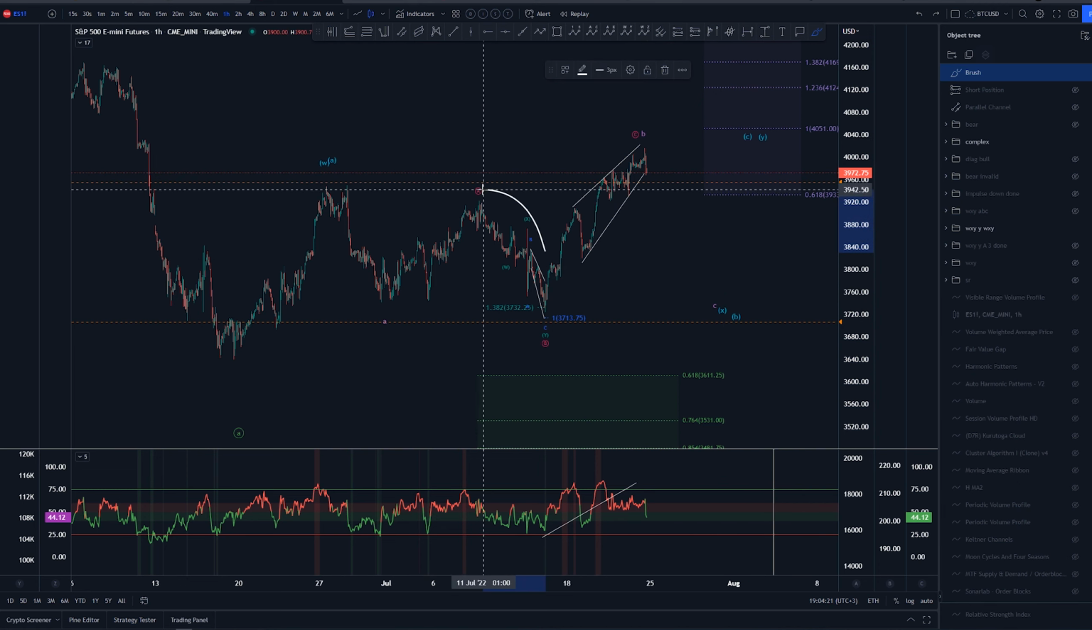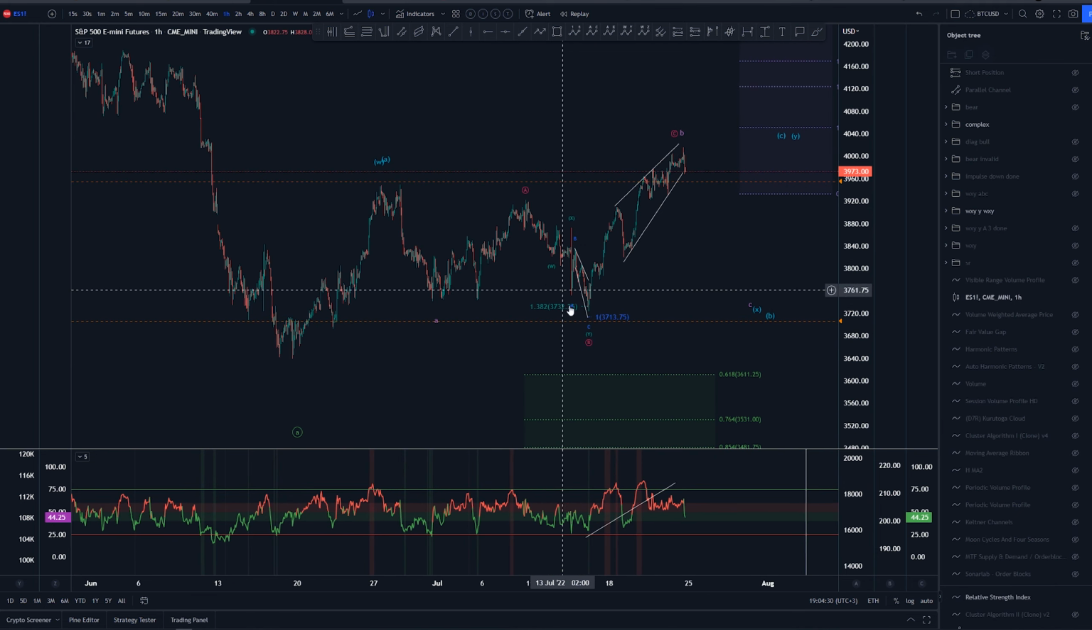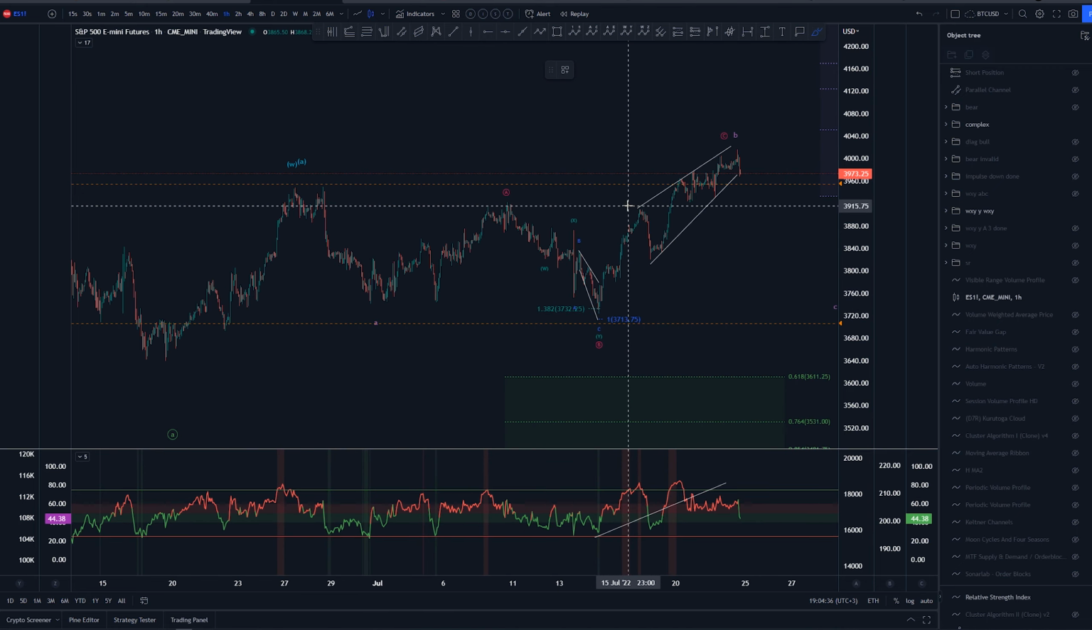This was just the idea because we had a very, very weird structure here as a WXY. At least that's how I've labeled it here, and that looks the best to me. So that's why I have this very weird looking structure. We definitely can fit a